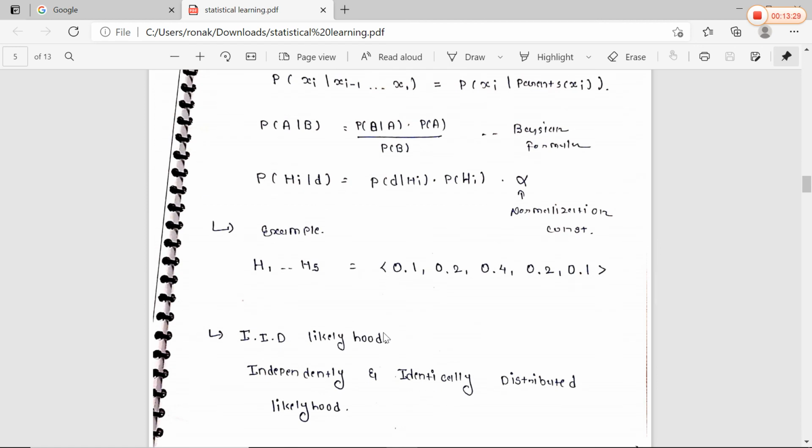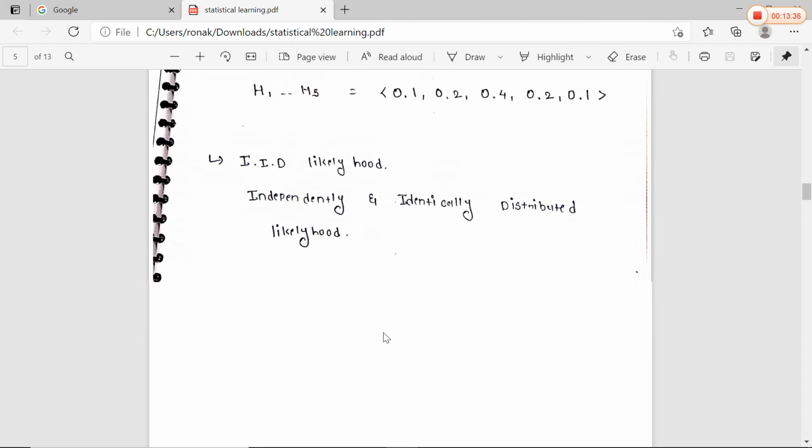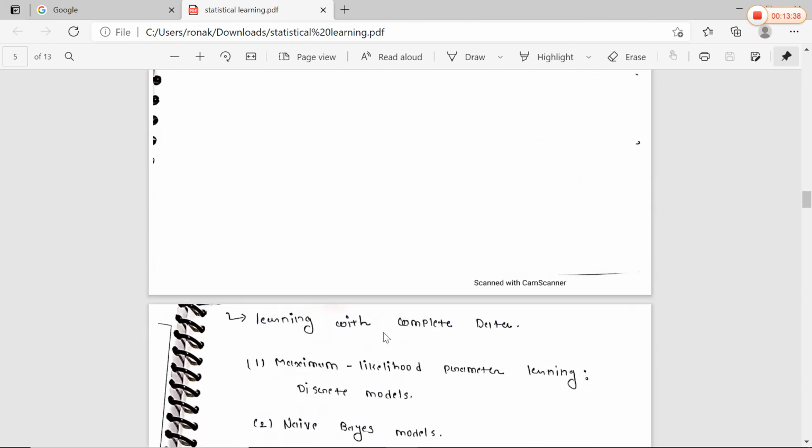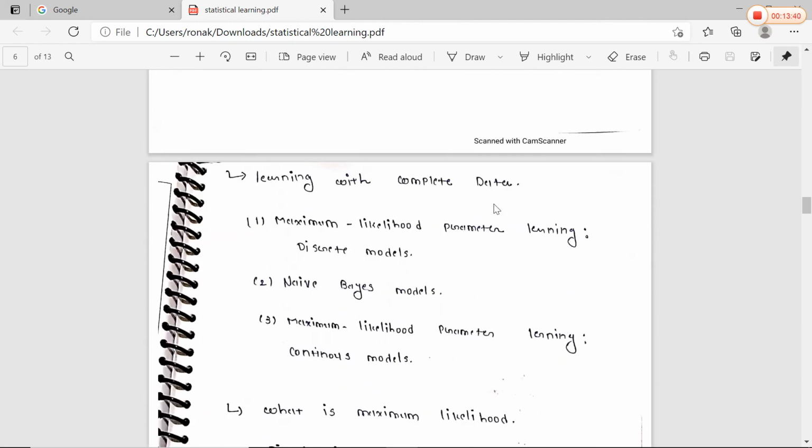हाइपोथेसिस फॉर द कैंडी बैग। बट हम कैसे आइडेंटिफाई करेंगे कि कौन सी कैंडी है, वो कौन से कलर की है, तो वो जो करने वाला है वो लर्निंग मेथड फॉर द कंप्लीट डेटा, कि हमारे पास जो कंप्लीट डेटा होगा उसके हिसाब से जो लर्निंग मेथड है वो हम करने वाले हैं। सो इन नेक्स्ट वीडियो वी विल डिस्कस द लर्निंग विथ कंप्लीट डेटा इन स्टेटिस्टिकल मेथड। ओके, थैंक यू।